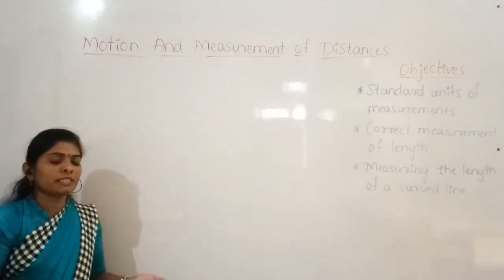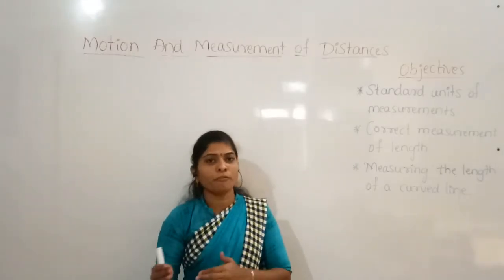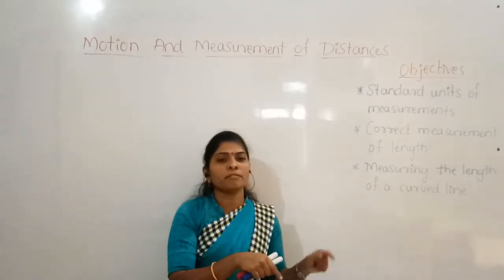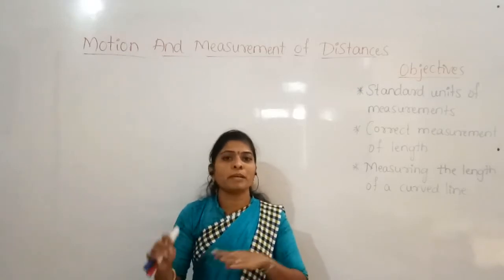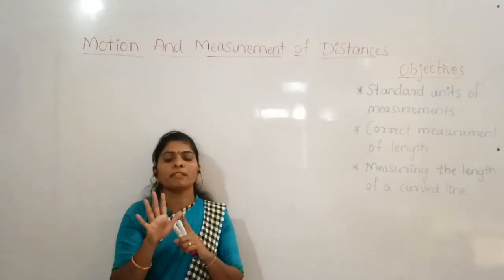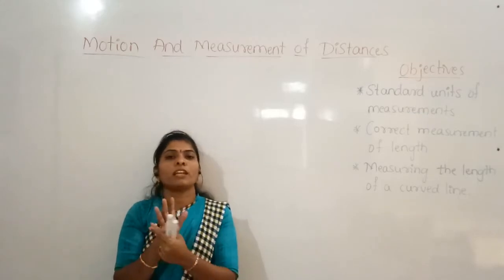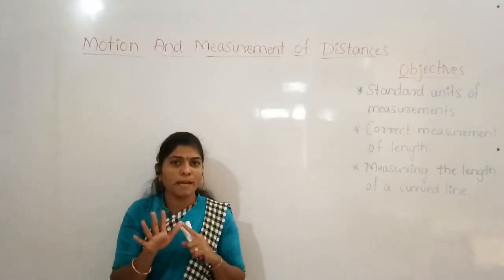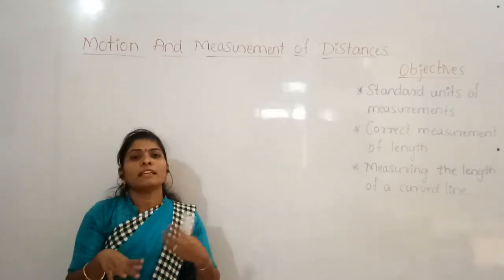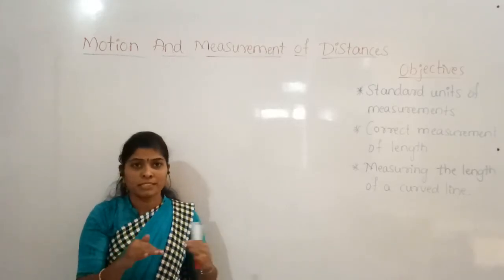So measurement is the comparison of an unknown quantity with a known quantity. An unknown quantity is compared with the known quantity. That is what we called measurement in those days. For example, we know what a hand span is: the distance from the thumb to the little finger. This hand span is the known quantity, which means it is the unit. Then we count how many times we can measure with this hand span. That is the measurement, that is the comparison.